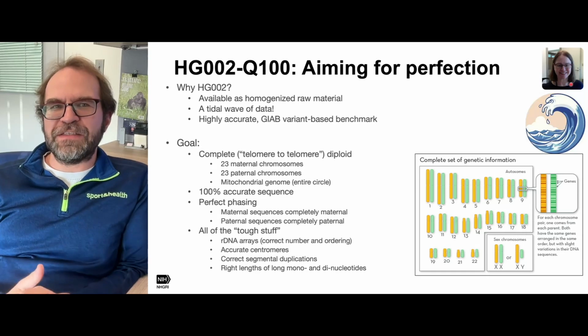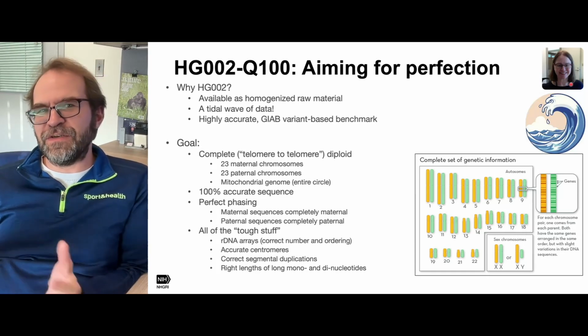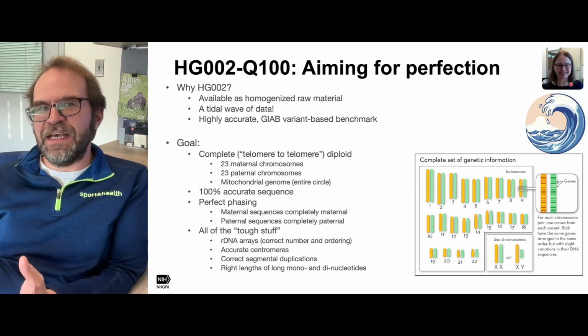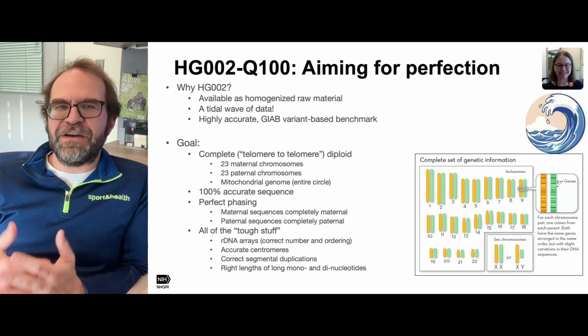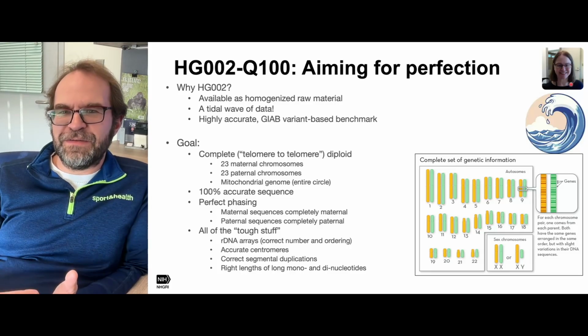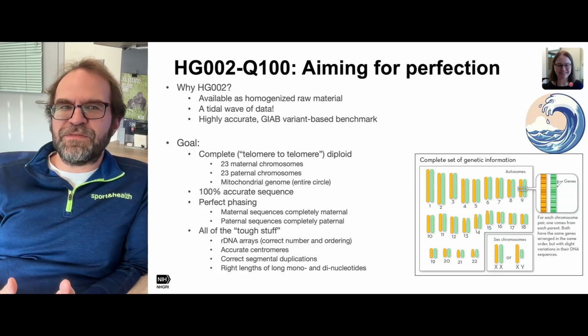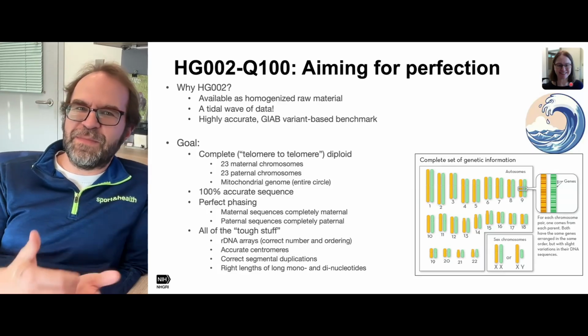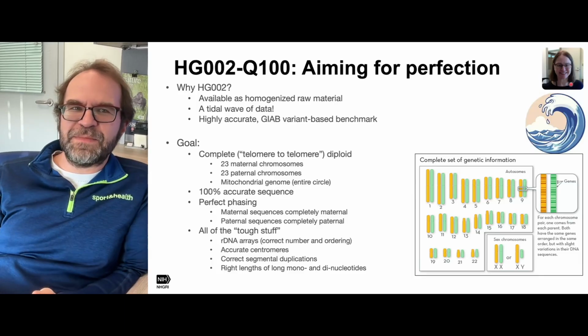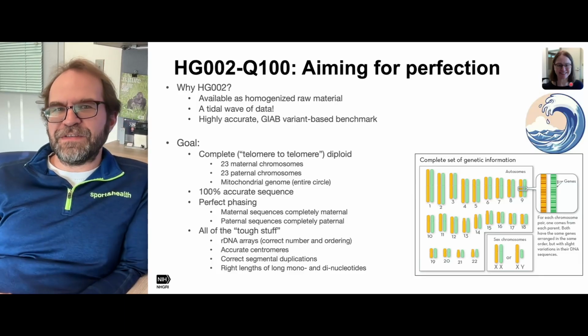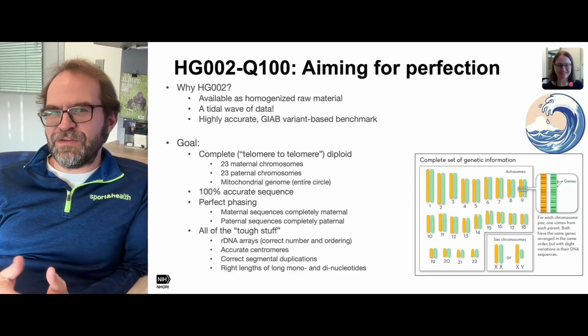And our goal is to generate the complete 23 maternal-paternal chromosomes for this human individual. We want to have 100% accurate sequence so we can check an assembly, make sure it got every base right. We want to make sure it's perfect phasing so we can tell if an assembly switches between the maternally or the paternally inherited haplotypes. And we need to get all the tough stuff right, the centromeres, the large repeats, segmental